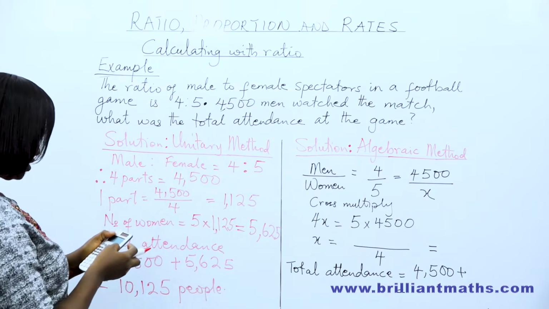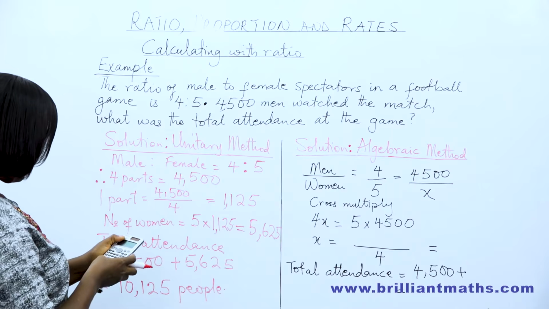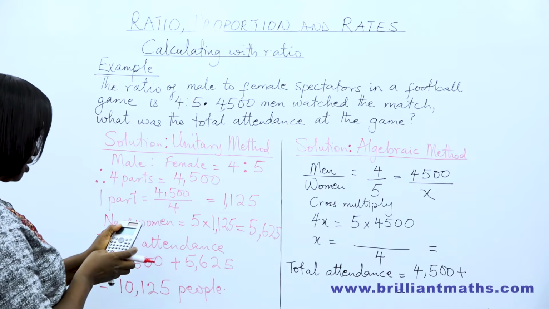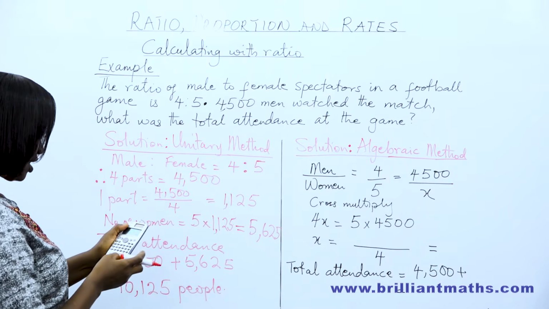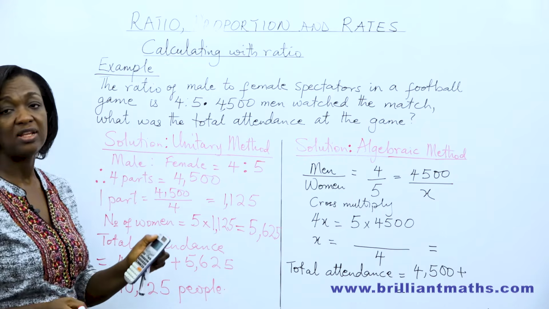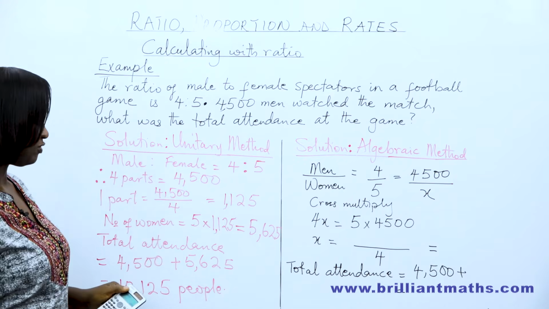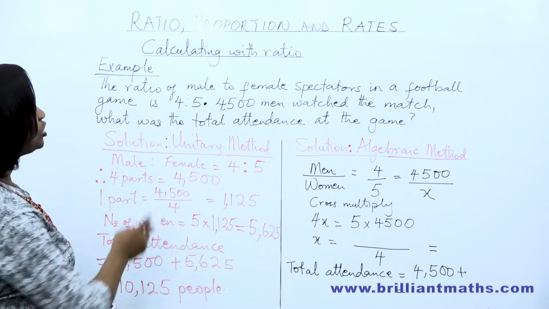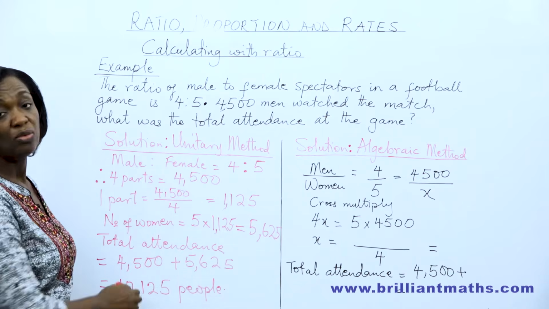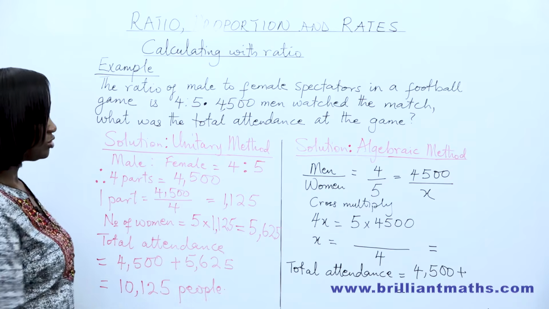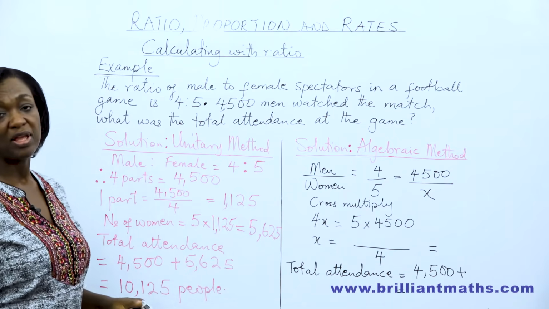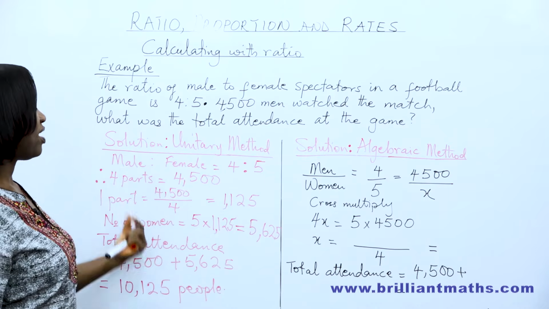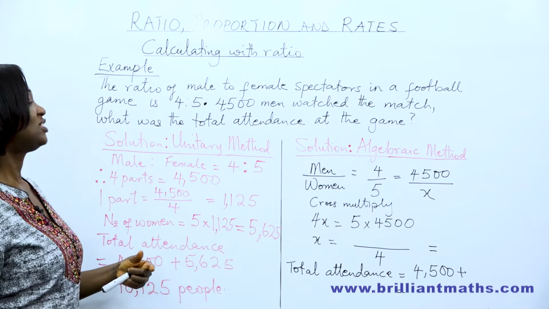You can check that. 5,625 plus 4,500 is equal to 10,125 spectators. So the total attendance at the game was 10,125 people. This is what I call the unitary method, where you find one part and then use that to